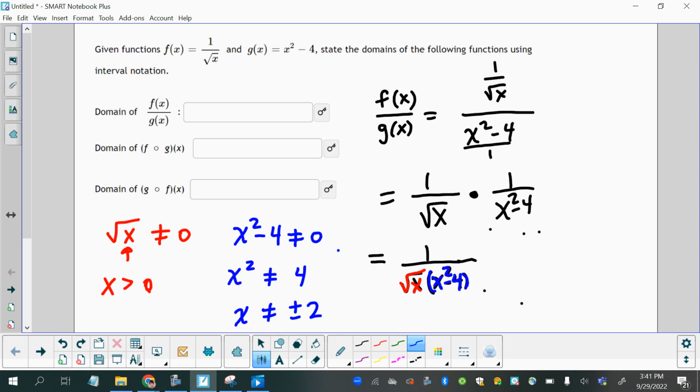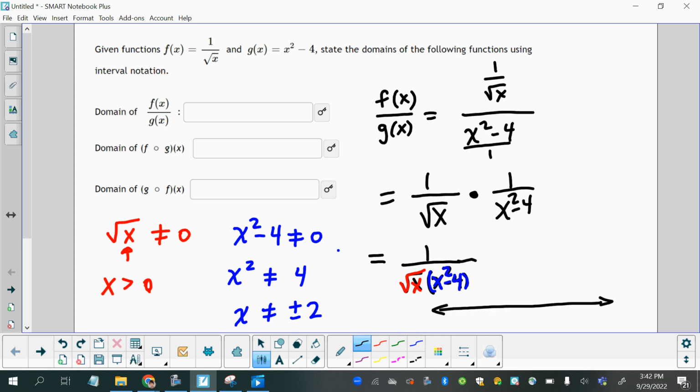Okay, so now that we have those restrictions mapped out, or at least written out, we can put them on a number line and determine where there's overlap. Because whatever we choose for the interval of x for the domain, it has to work for both of those pieces. In other words, it has to not make either one of those pieces problematic. So we're going to make the number line,